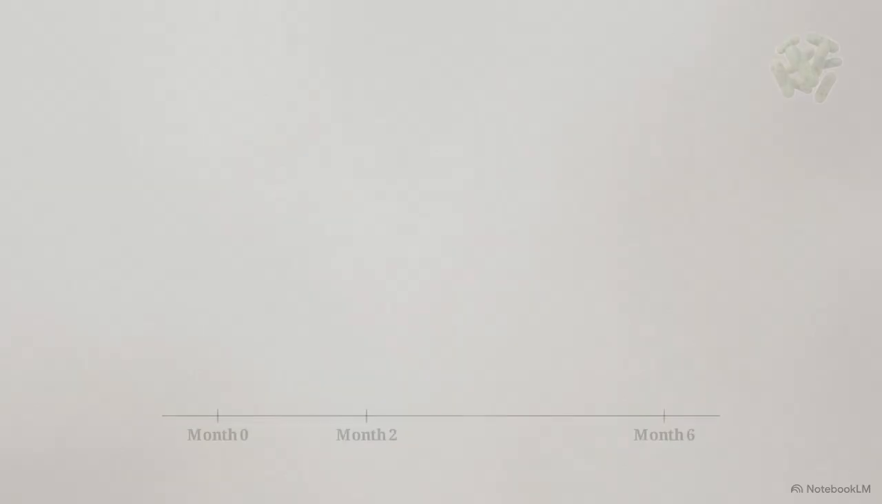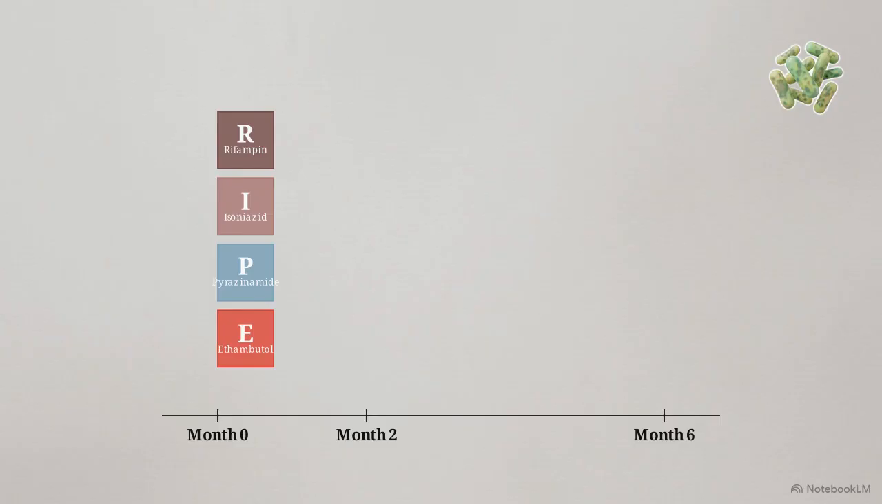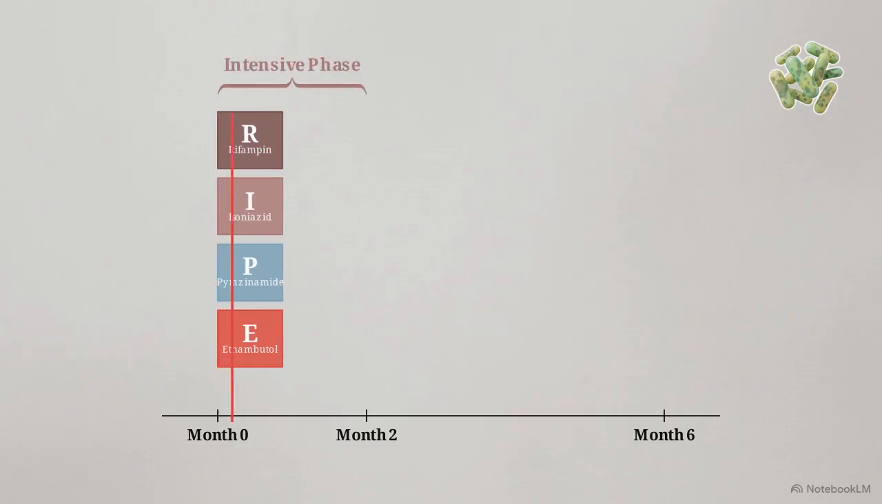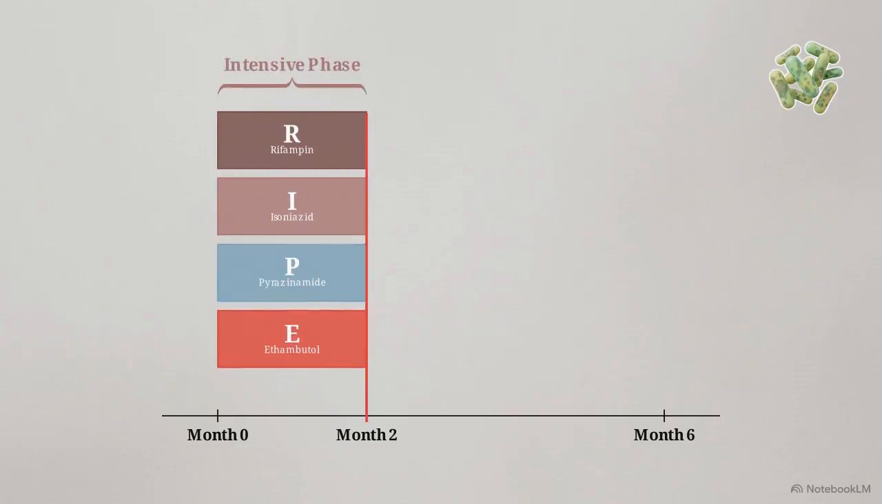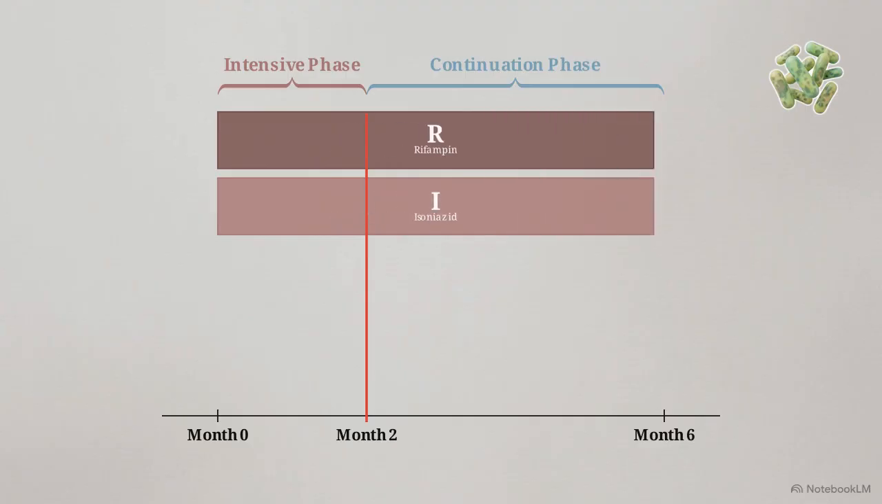If active TB is confirmed, the pharmacology follows an uncompromising two-stage protocol. This diagram charts the initial intensive phase, deploying the four-drug RIPE regimen: rifampin, isoniazid, pyrazinamide, and ethambutol. This intense blockade lasts for exactly 2 months. Once complete, the regimen dictates a strict de-escalation, dropping pyrazinamide and ethambutol. The timeline then transitions to the continuation phase, maintaining only rifampin and isoniazid for 4 additional months to eradicate the